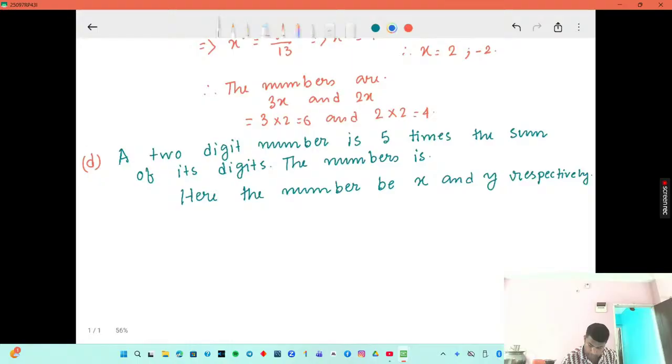So what will be the numbers? Let the numbers be x and y respectively. Now we can write, so what we can write? Here we can write,